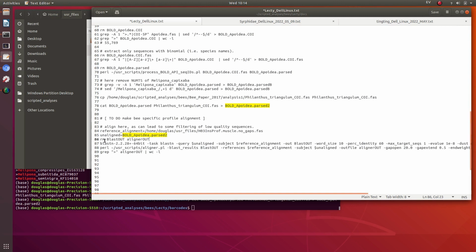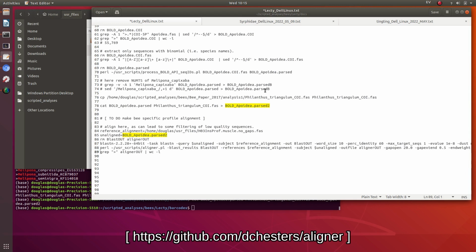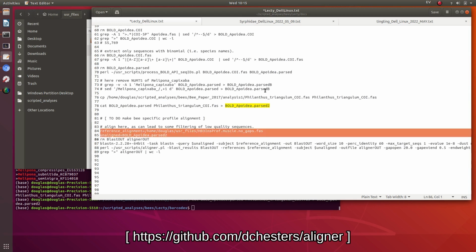Need BLAST, that determines what's the best top hit, what's the most similar reference sequence to each of the queries, and then the alignment script. There's a bunch of different high throughput aligners which do a pretty similar thing. This is the one I wrote myself. So let's just